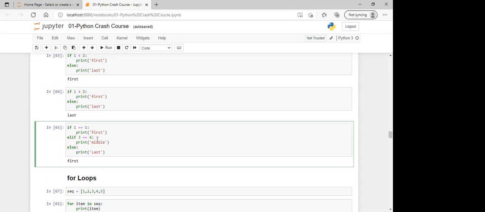You can try to define a program where, based on student marks, you output first division, second division, third division.